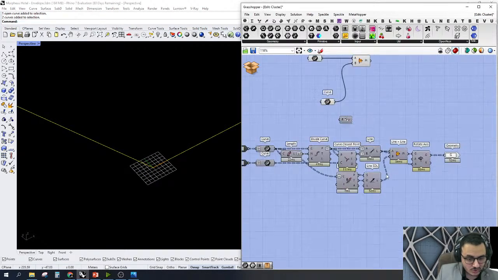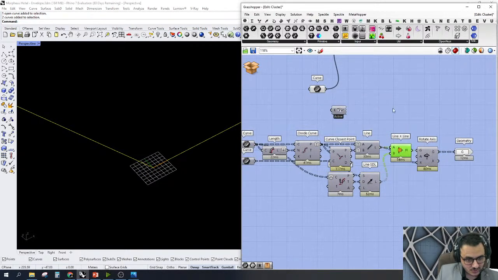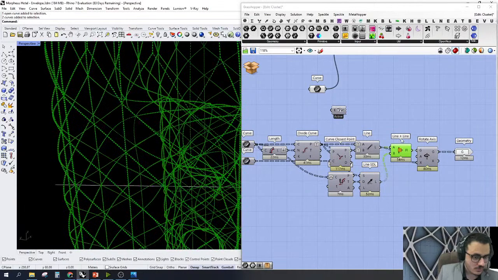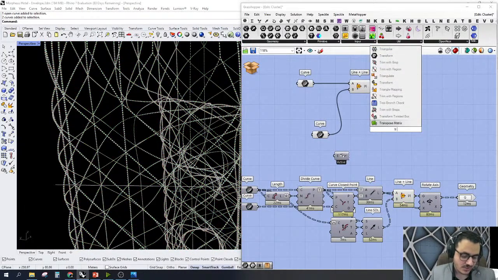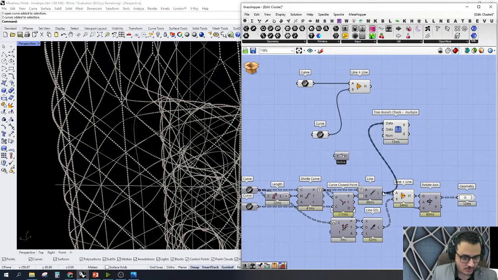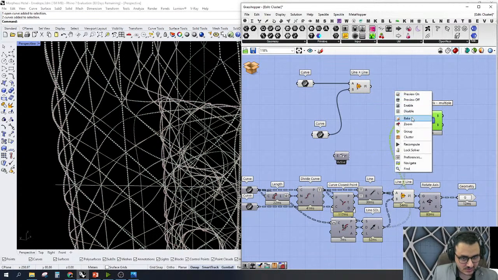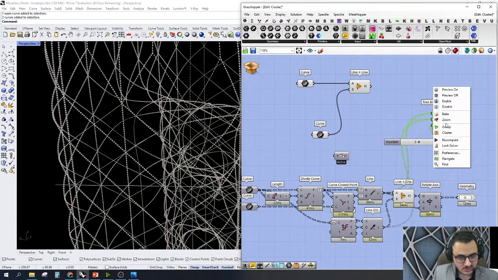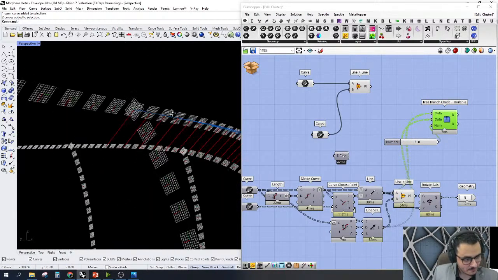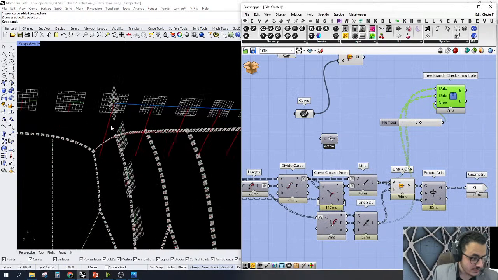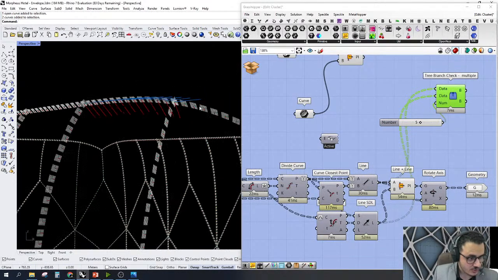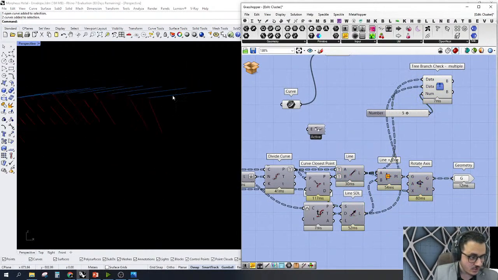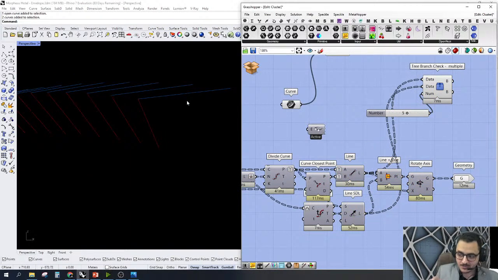Why is this important? Because if I came back here and said preview on and zoom, let me pick one data tree, let's say tree branch multiple, to see it better. Okay, and I said zoom. Sorry, I need to pick a number. Let's say 5, for instance. I'll say zoom, and you can see I created 2 lines at each point. Let me show it a little bit in here. Yes, I created 2 lines at each point, and these 2 lines will be the plane or the orientation or